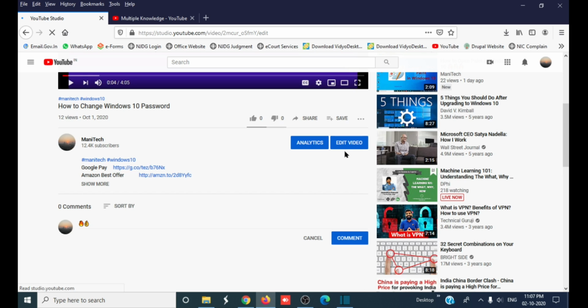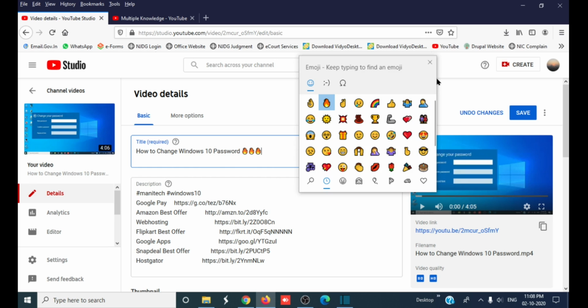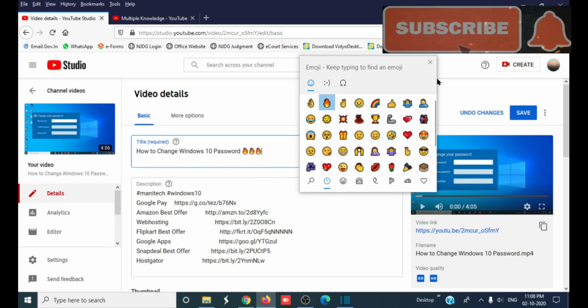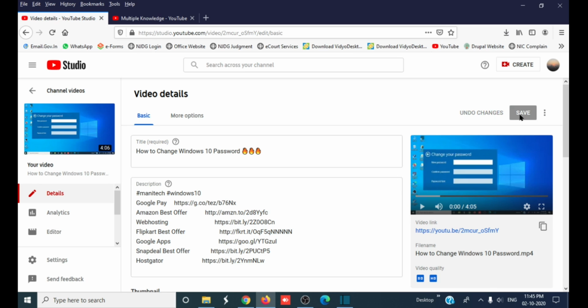So this particular video opens. See, this is the title of the video. You just need to click in the title and then press the Windows key and semicolon button on the keyboard. The emoji table appears. Select the desired emoji and then click save. So friends, in this way you can use